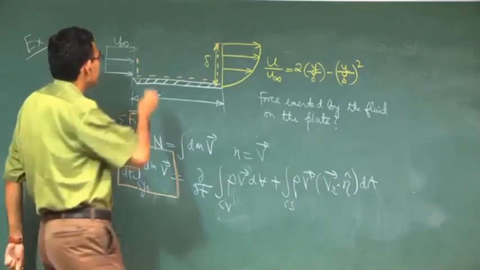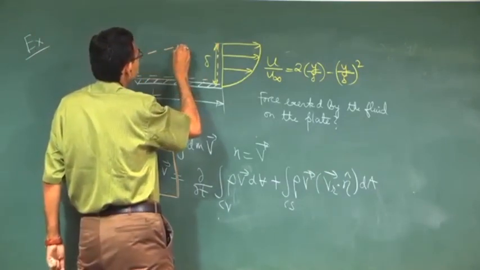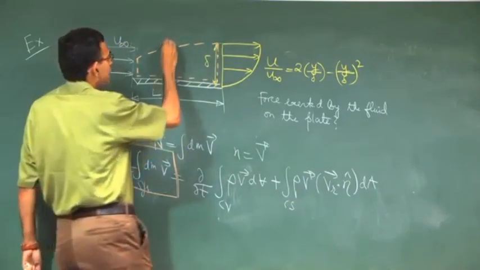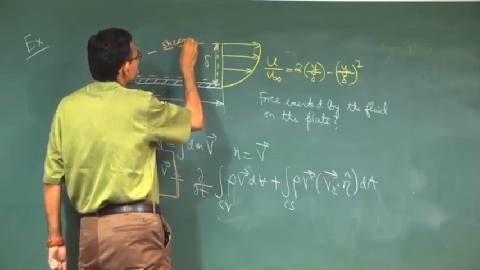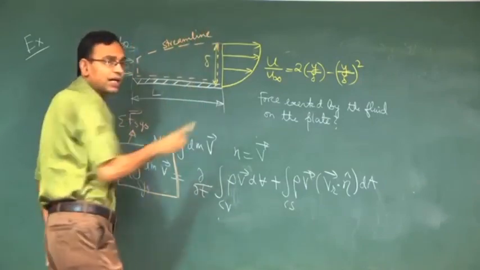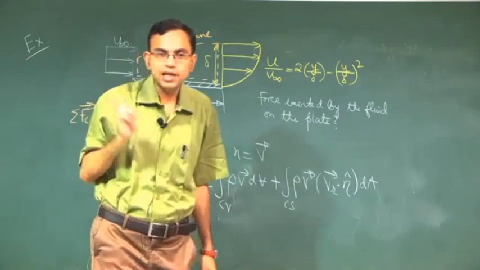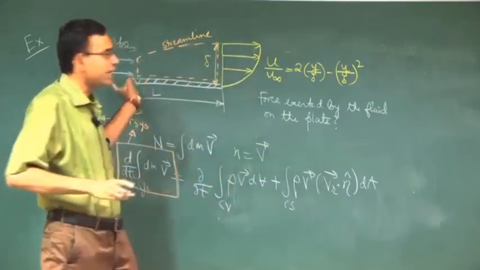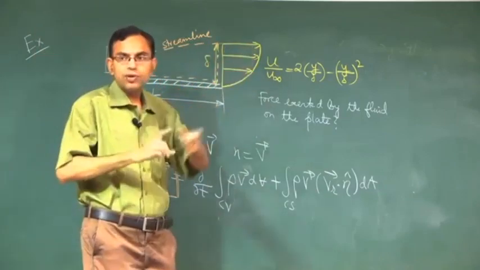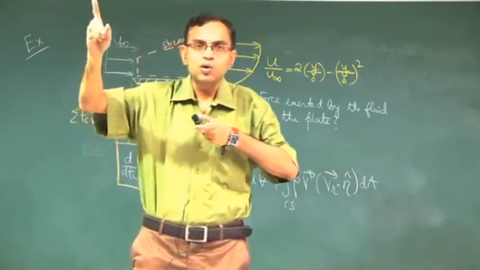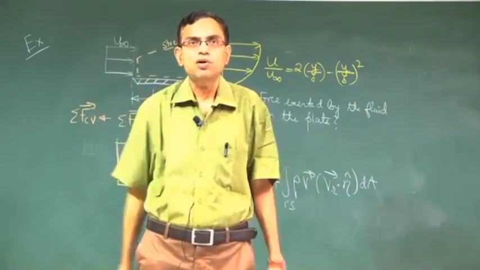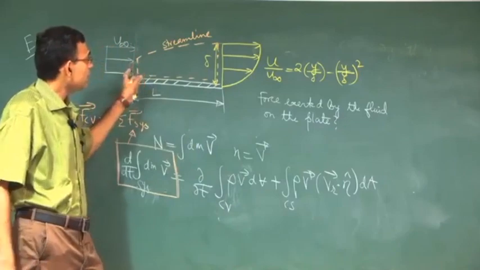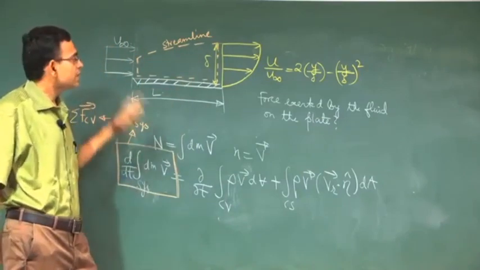That choice is nothing but a streamline connecting these two, because by definition of a streamline, this is not the edge of the boundary layer. This is a conceptual mistake that the students make. There is a difference between this streamline that we are drawing and the edge of the boundary layer. How the edge of the boundary layer will look, we will discuss when we talk about boundary layer theory. But this is essentially a streamline.